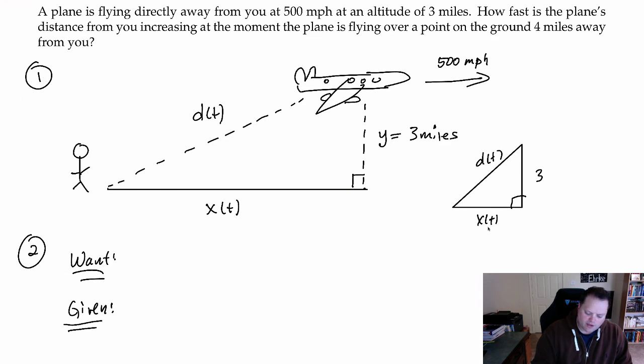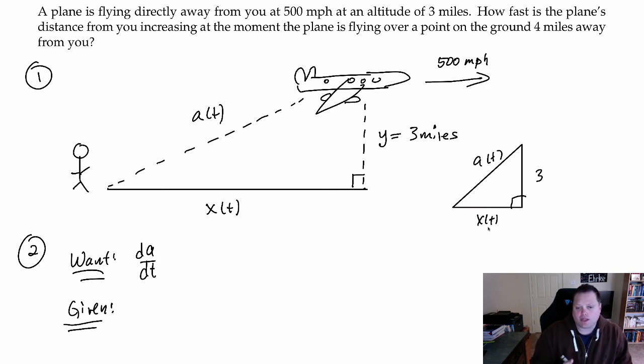So I want to know how fast is the plane's distance from you increasing. So I want to know the rate of change. Oh, maybe I should use something other than lowercase d. Let's do A for airplane. So we'll do A of t for airplane here. So I want to know dA/dt